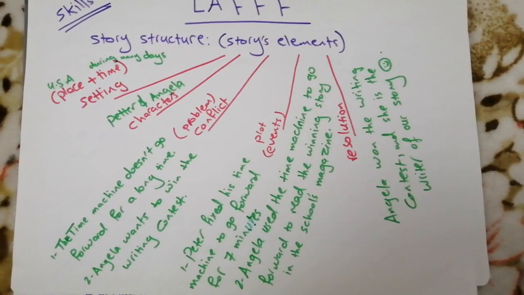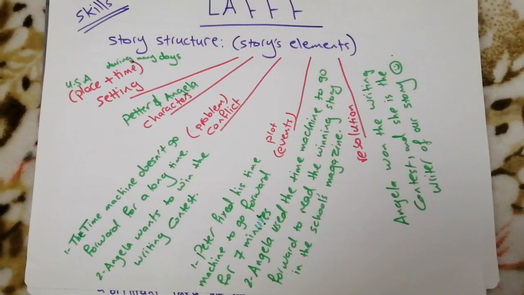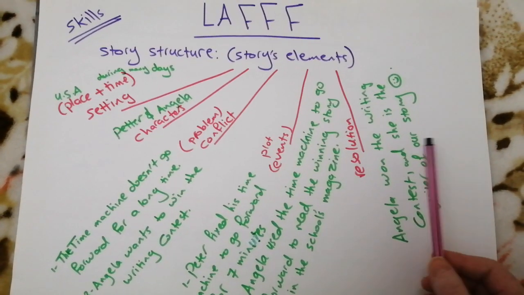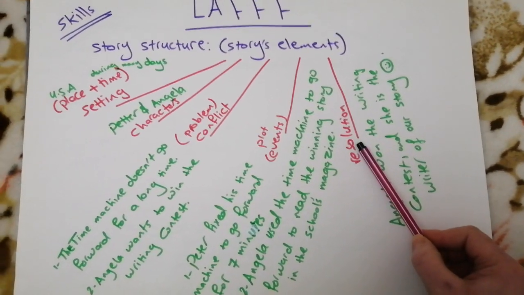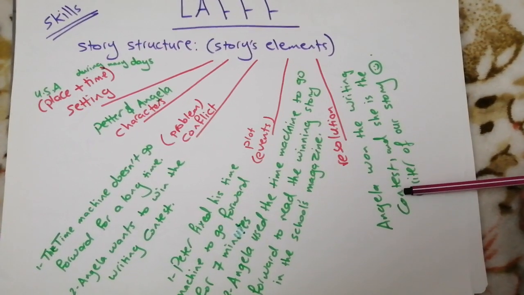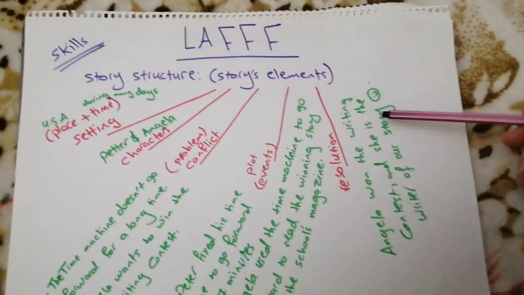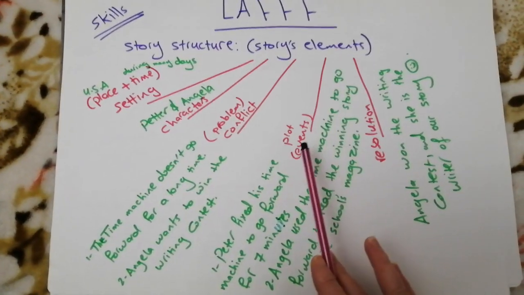Okay, so these are important events that the main characters did. Now these events led to the end of the problem and to the end of the story, which is the resolution: Angela won the writing contest, and she is the writer of our story, actually, Laugh. Okay, so these are the important